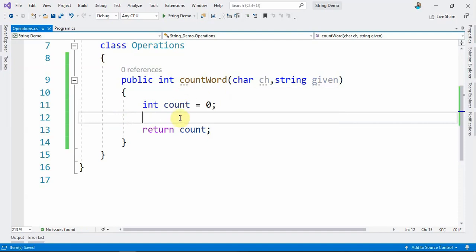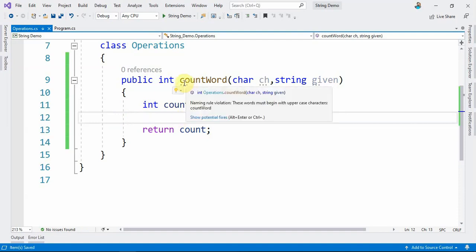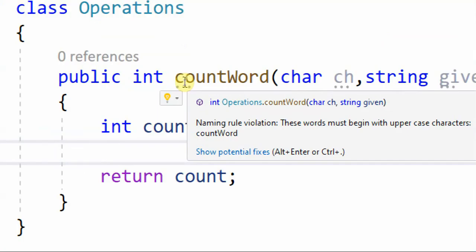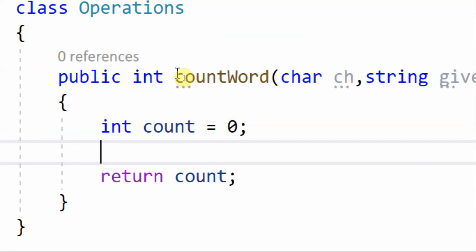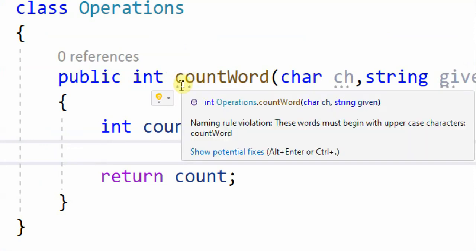All right, so I've written this. Now you see there is a small dot here. It is just telling the naming rule violation. I hope you can see the error I'm getting there. It's just saying that naming rule violation. These words must begin with an uppercase character. So I wrote this in the format in which I normally write Java methods. But here it's not an error; it is just saying the naming rule they have has been violated because you have used camel case. Here it is not